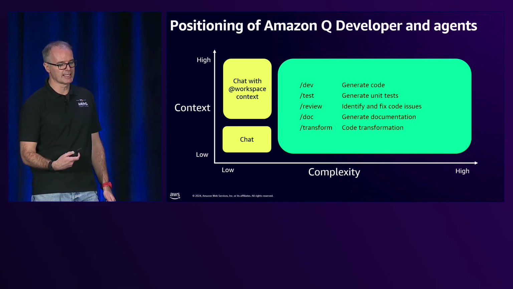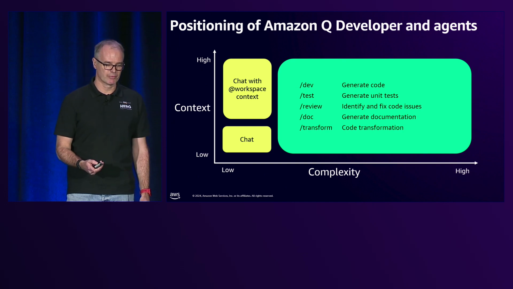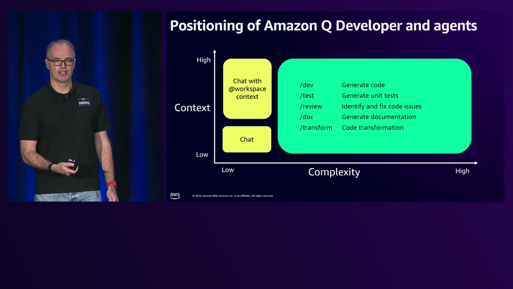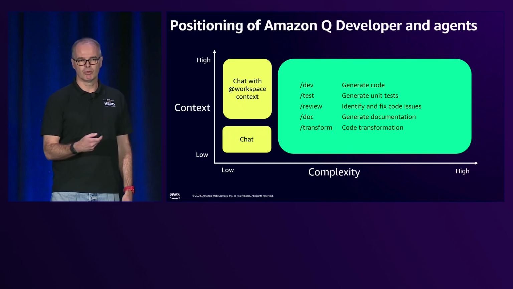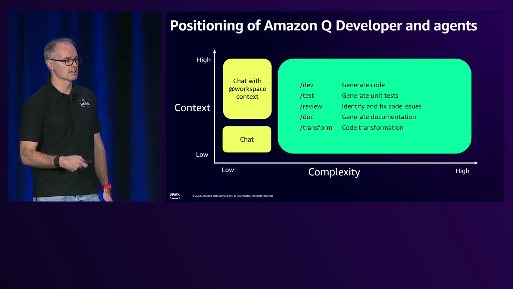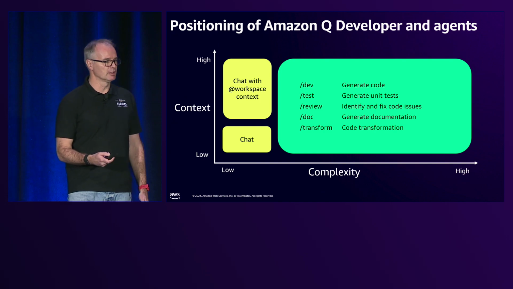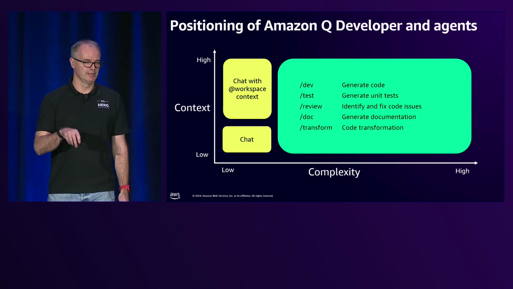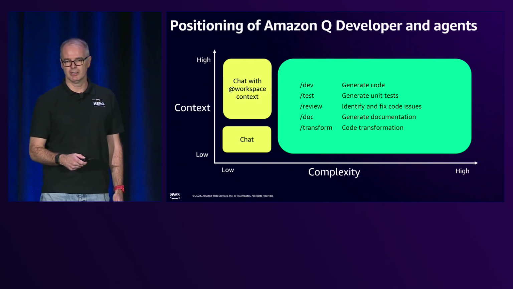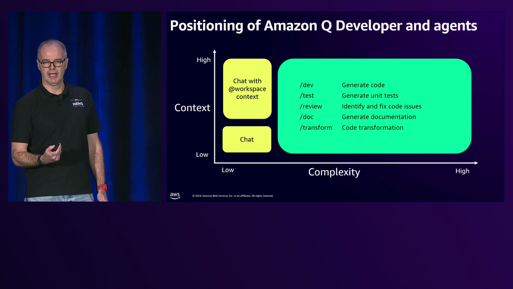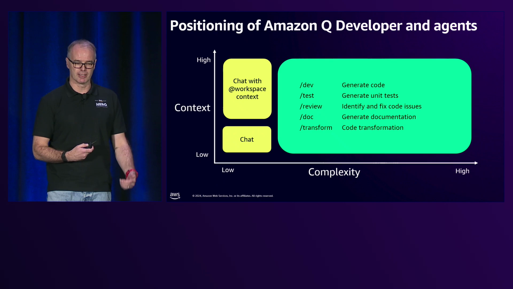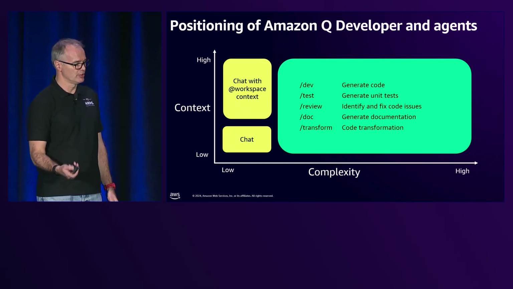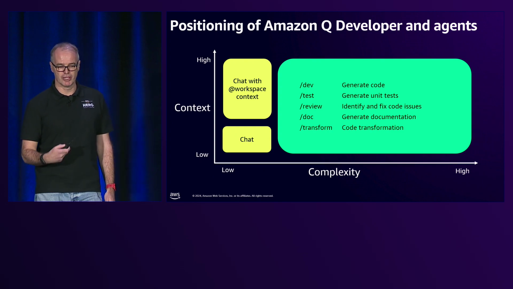This is the complexity of the task that you're looking to accomplish. So when we look at things like chat, that's very good for simple tasks. But as soon as we want to carry out anything that's complex, multi-step, then we enter the world of agents. And obviously, as of yesterday morning, for those that saw the Matt Garman keynote, there are now 5 agents available within QDeveloper. So it's very clear that agents is the way that things are going. So we have an agent to generate code, to generate unit tests, to carry out code review, to generate documentation,